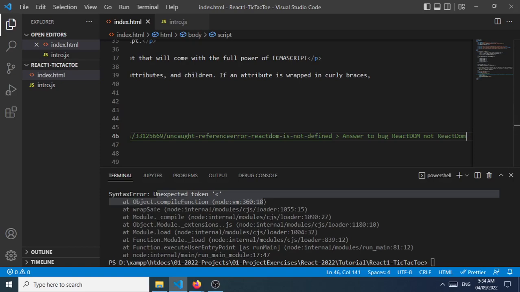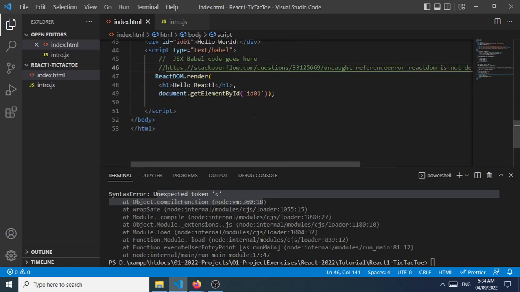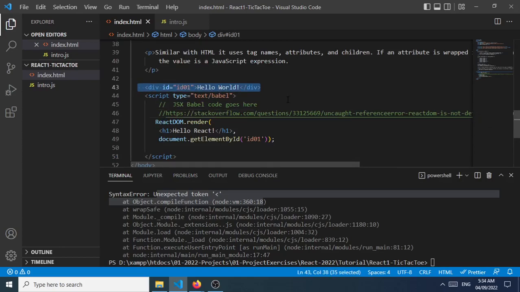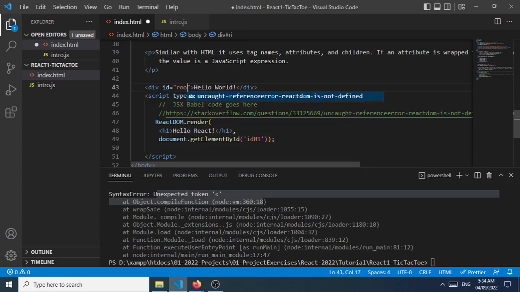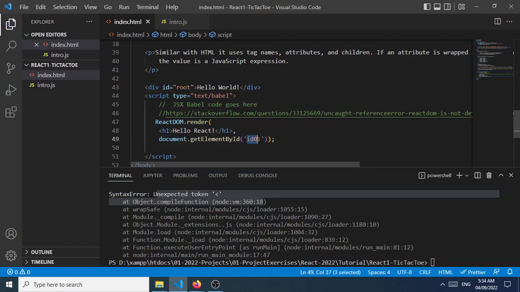So you would see here, guys, that we were able to run and manipulate HTML content, the hello world here, and we were able to insert hello React h1 that replaced the hello world text in our root or ID01 here. Usually we utilize this as a root. Most of the time we will be utilizing the term root